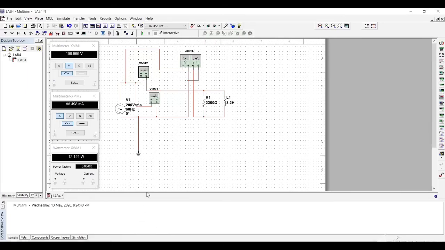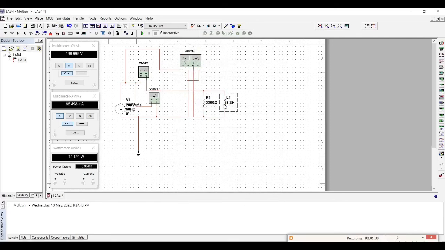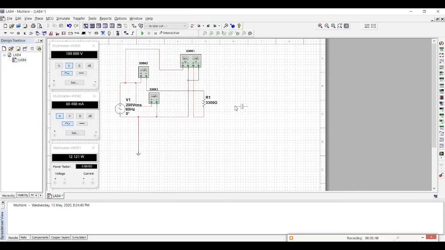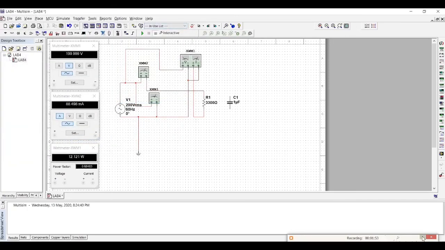Okay, after that we need to replace inductance with capacitor. Wait, inductance, delete, add capacitor, rotate, place it, draw the wire parallel with resistor,